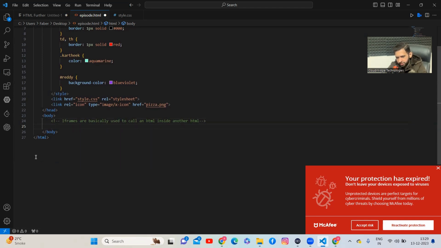So this is our HTML episode.html, and we will be calling an iframe of the tutorleaks.com website. So for that, we will be using an iframe, and we will be putting a source, and in that source we will be calling https tutorleaks.com